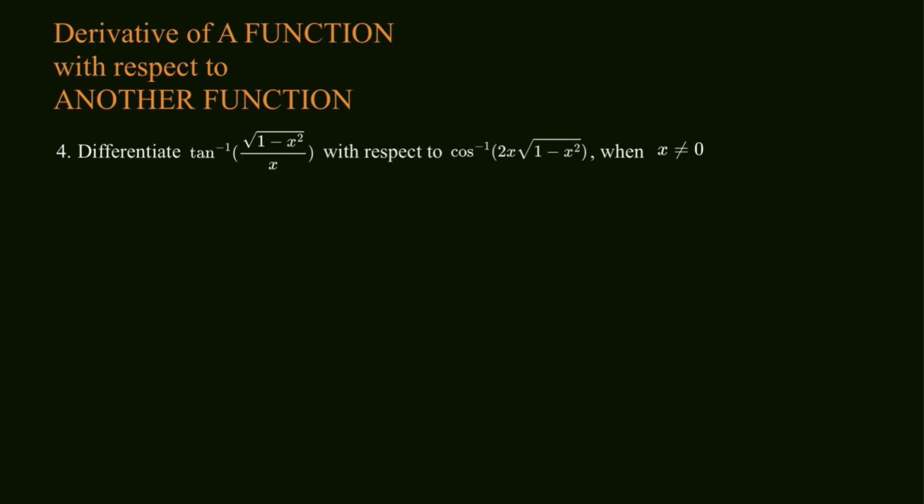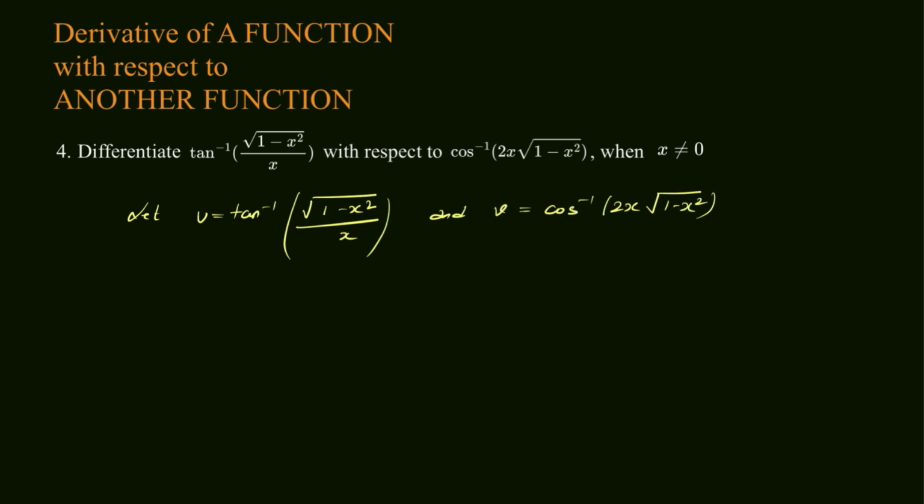Question number 4. Let u equals tan inverse of square root of 1 minus x square over x, and v equals cos inverse of 2x square root of 1 minus x square. So since we have to differentiate u with respect to v, that means we have to find du over dv. Now before differentiating, let us do trigonometrical transformation by assuming